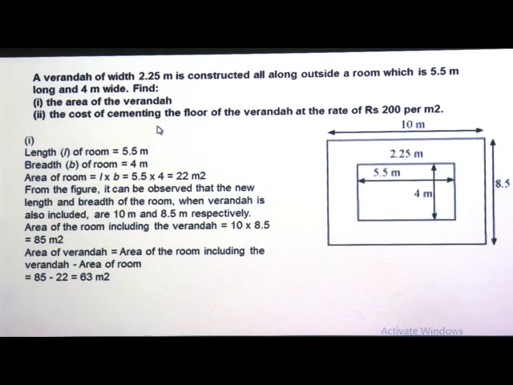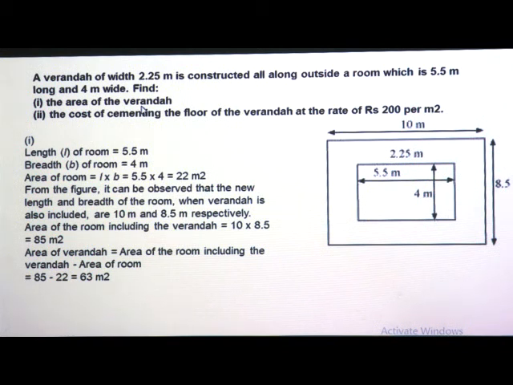Now, suppose when your house is constructed, you want to put some tiles or you have to put cementing on that veranda. So, first what we have to do? We have to find its length as well as its breadth, which is nothing but the width. If you know the area of the veranda, you can do the cementing or put the tiles in that particular veranda. When you want to go for some different designs apart from the bedroom tiles, you should know the area of the veranda.